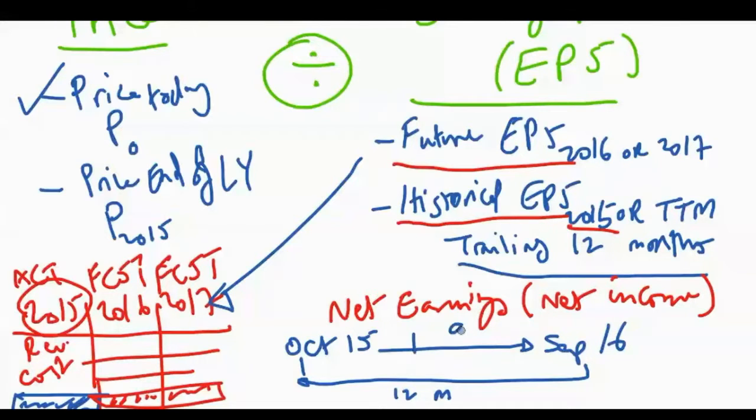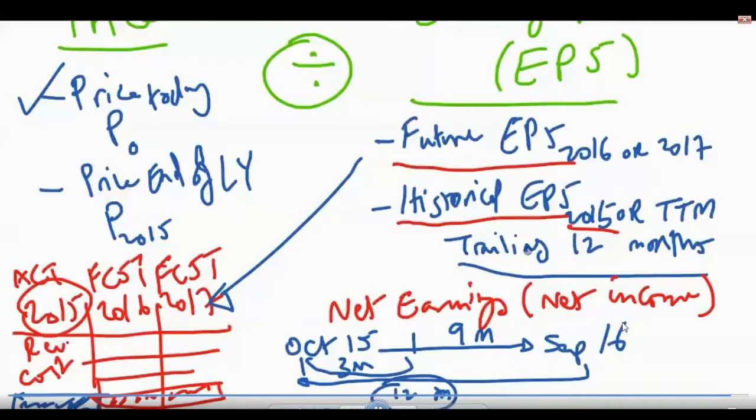So how do you calculate this? Basically, you need two sets of financials: one that includes the 9 months from January to September 2016, and the fiscal year 2015, where you can come up with the last quarter of last year. You add them up together and you get the 12 months